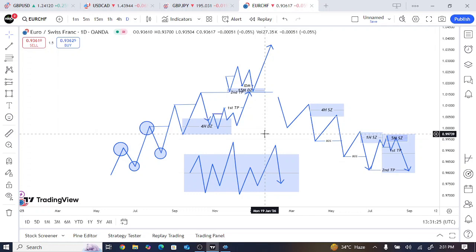While this other one here is what we call a consolidation market, or consolidating market, or sideways market. I don't really trade this sideways